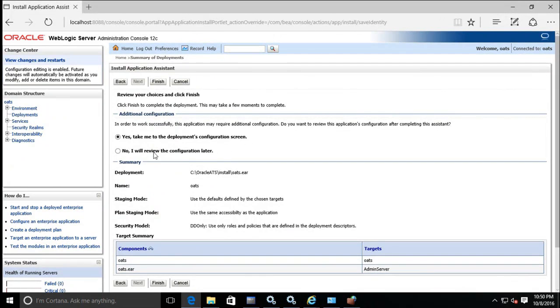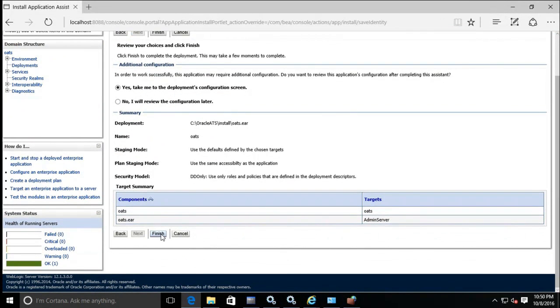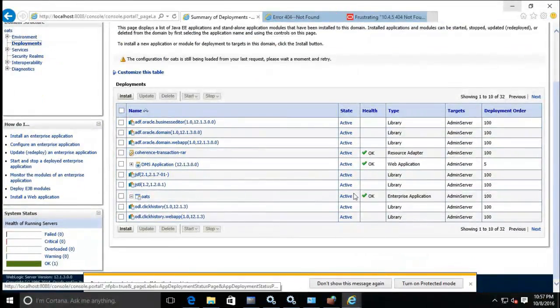Once done, take me to the deployment configuration screen and click on finish. So an entry for oats has been made.